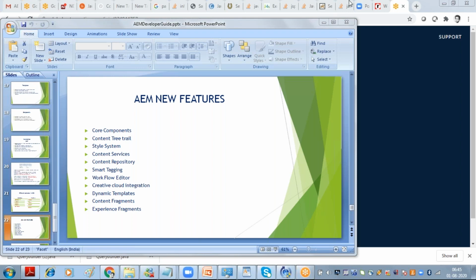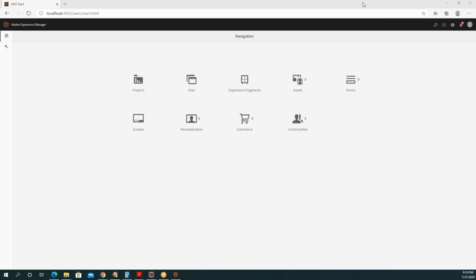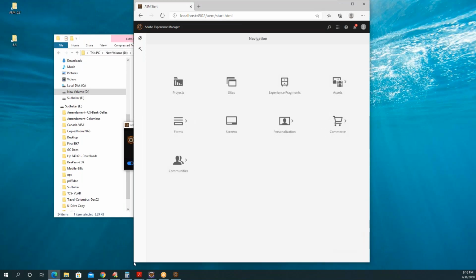Is your instance started, up and running? Can you please share your screen? Yes, Vishwal, you have to pass the share screen option to me. Yes, I passed it.